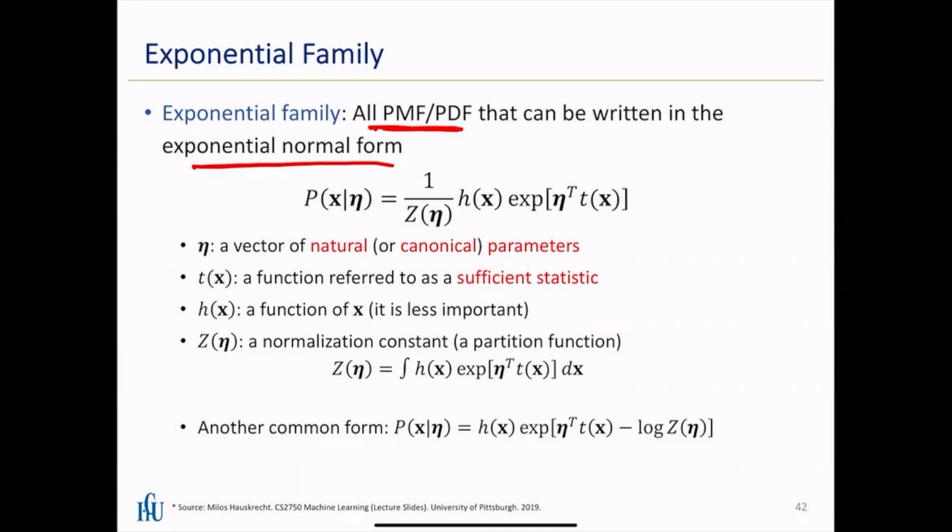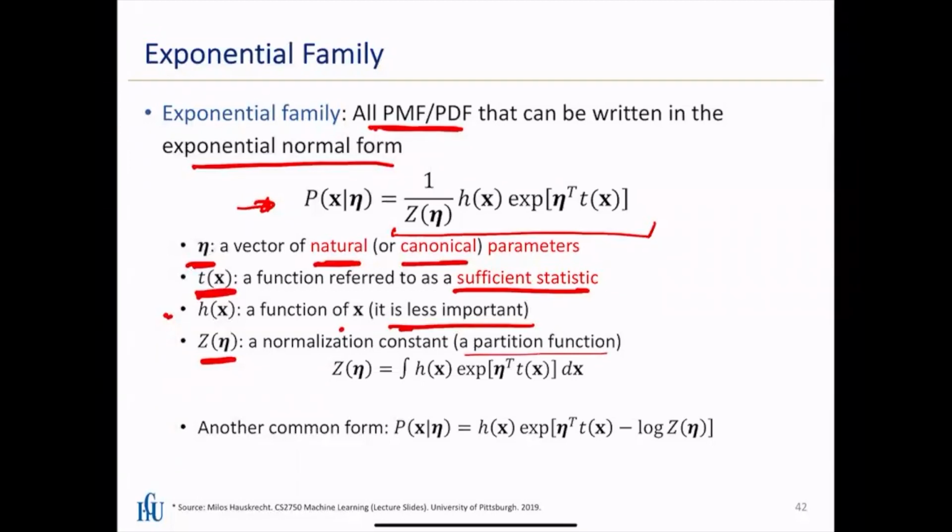Any member in this family, the distribution can be notated in terms of 1/g(eta) multiplied by h(x) and exponent of eta and T(x). And each of these terms has some special meaning. Eta is called the natural parameter or canonical parameter. T is a function of sufficient statistics. And h is a function of x, just a function, so it does not even have a name. And g(eta) is a normalization constant, that is, a partition function. So what we are going to do on top of it,